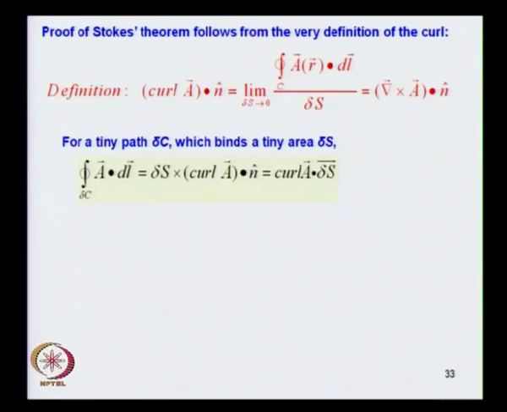Now, what we do here is we multiply both sides by the magnitude of this area, delta S. So, on one side you get this circulation which is here, and on the other side this curl A dot n is multiplied by the magnitude of the surface element, and this magnitude together with the direction of that surface element gives you the vectorial surface element delta S. So, you get the dot product of the curl of the vector with the vectorial elemental area. So, this is a very straightforward relationship,